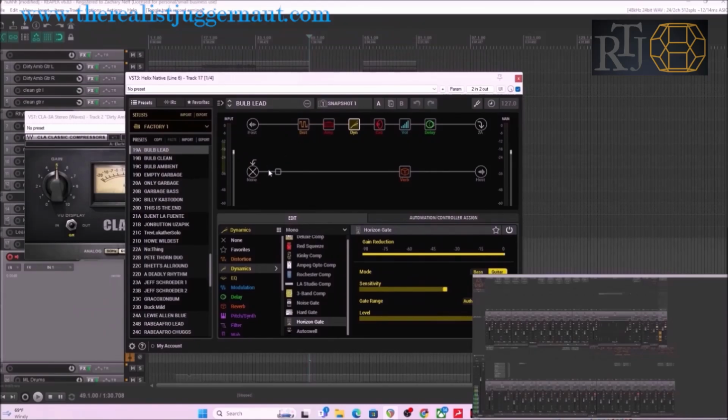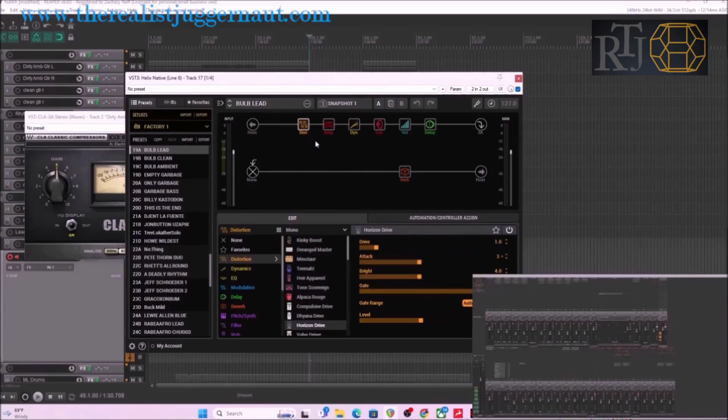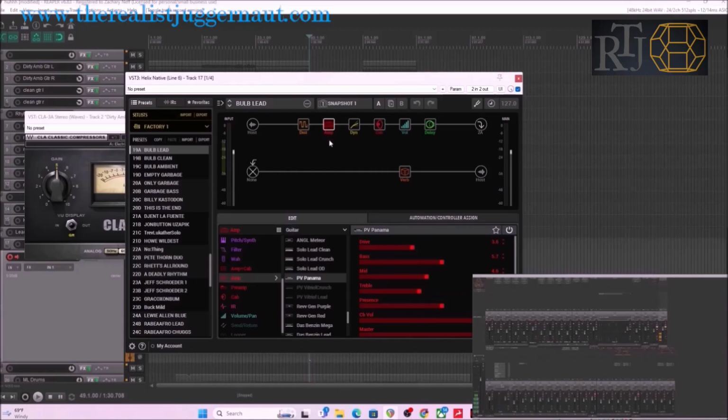I used the Bulb Lead preset from Helix Native, and then basically went through and just edited it. So I pulled the drive down quite a bit. I moved up the attack to 3. I added more brightness. I moved down the level. I kept the gate more or less the same because I tracked it with a single coil. So I wanted to make sure that the gate was getting sufficient usage, so that way not a whole lot of noise came through. Then for the Panama, which is, I believe, a 5150,